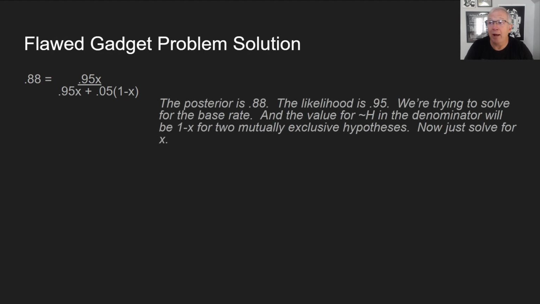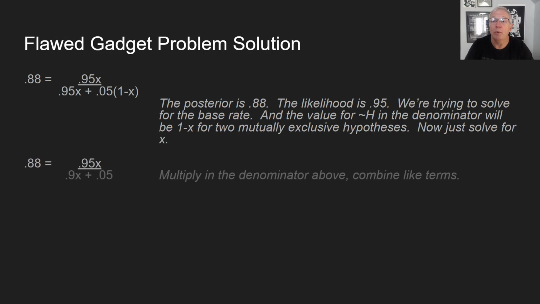The posterior is 0.88, the likelihood is 0.95. We're trying to solve for the base rate, and the value for not H in the denominator will be 1 minus x for two mutually exclusive hypotheses. So now we're just going to solve for x. So we first